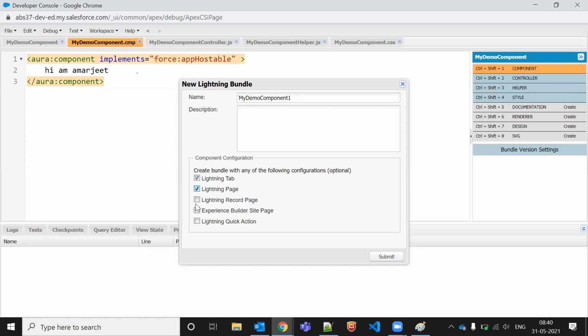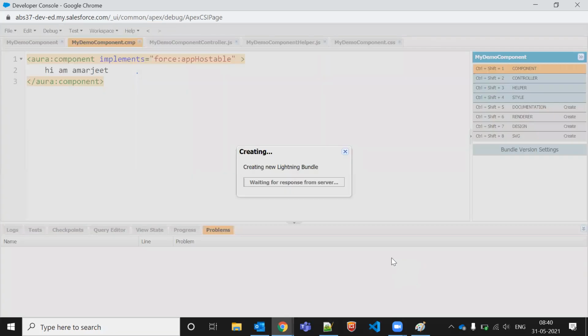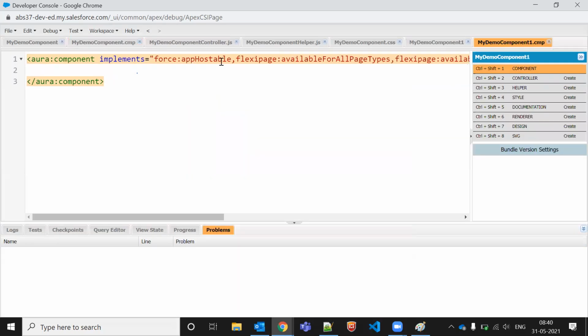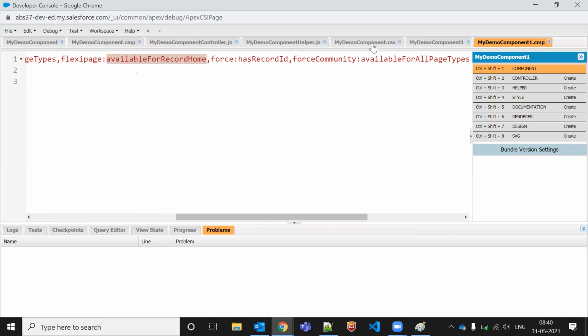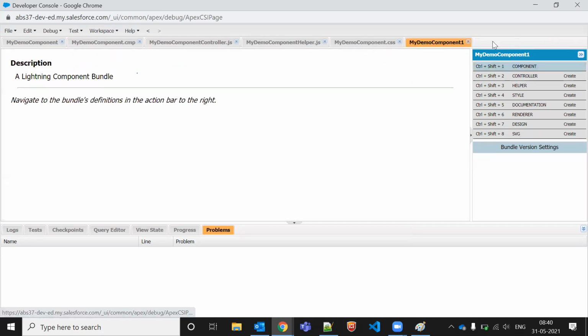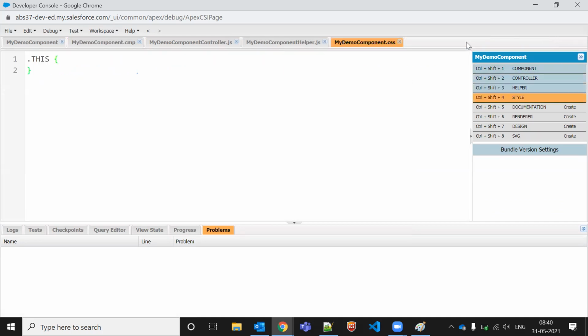If I want to use it on a Lightning page or record page, you can see the difference now. You will be able to see lots of things here. See, app hostable, flexipage available for all record pages and the record home. The same things I created there and here, but the difference is I just checked that checkbox as true, all the checkboxes. So it means we can use all these things on the page. Just a second.